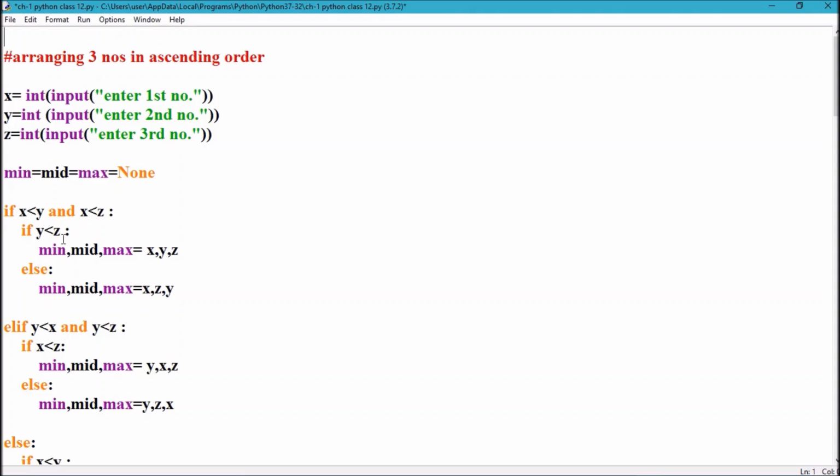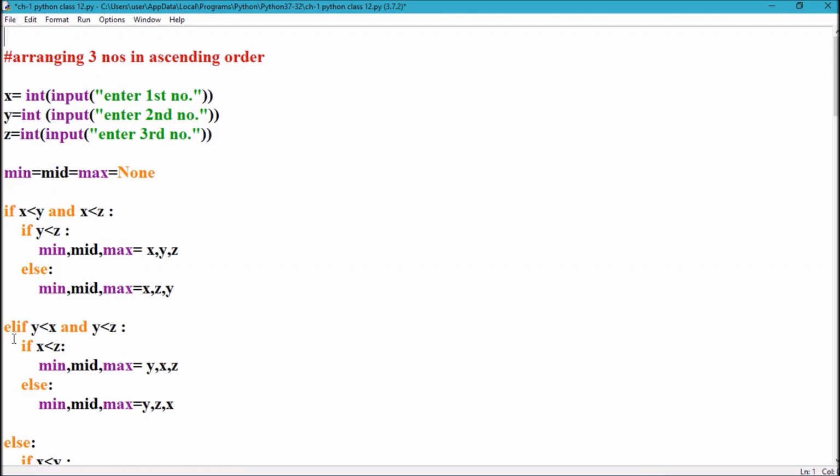Then we have to search whether y is minimum or z. If y is less than z, the middle number is y and the maximum is z. Otherwise y will be the maximum, the middle number will be z and the maximum number will be y.